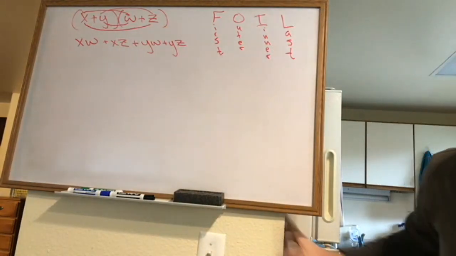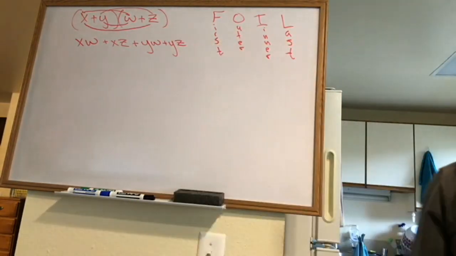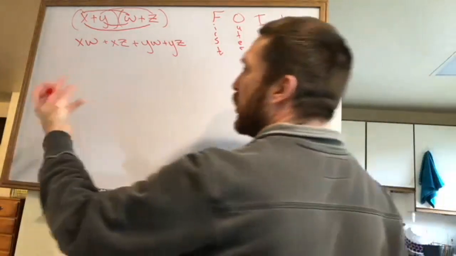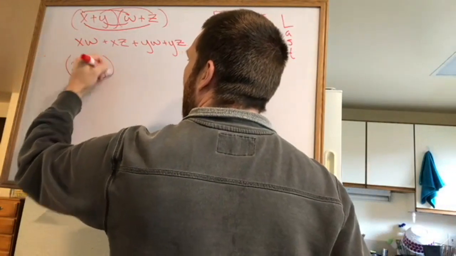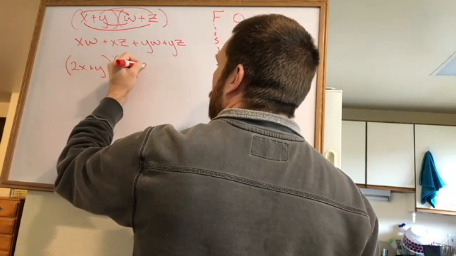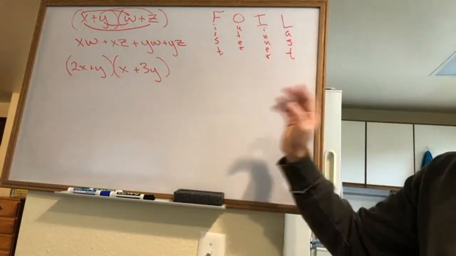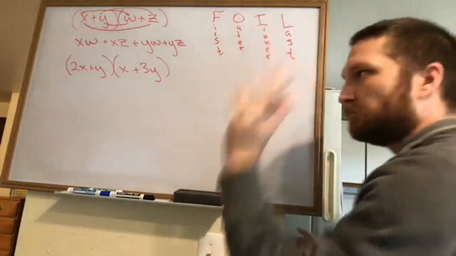And what's nice about doing it this way in that order is that when they are similar polynomials, so let's say something like 2x plus y and I don't know, x plus 3y. Doing it in this order actually helps you keep things in, you'll see. So